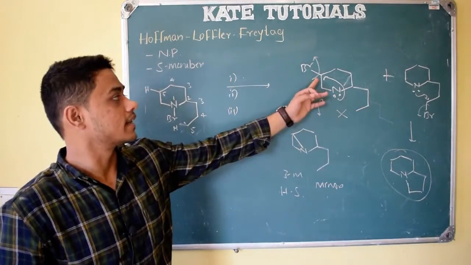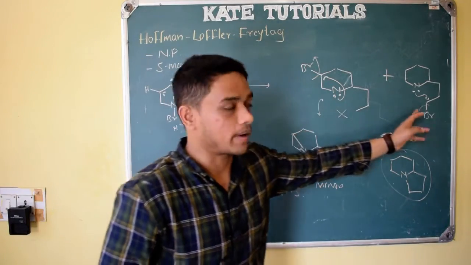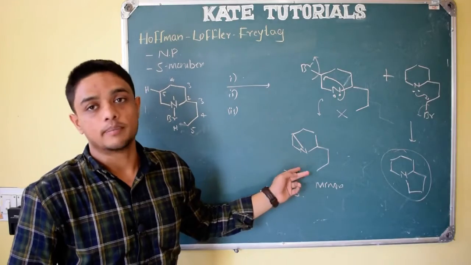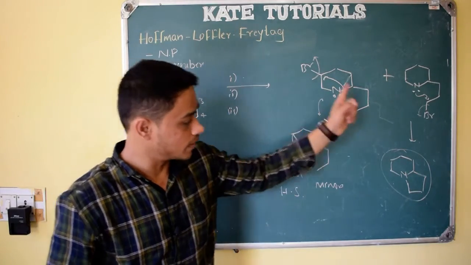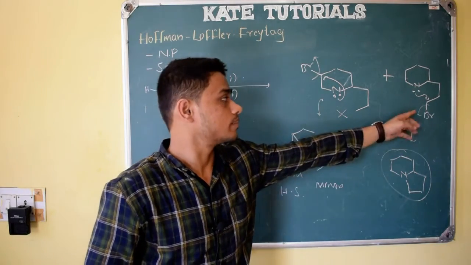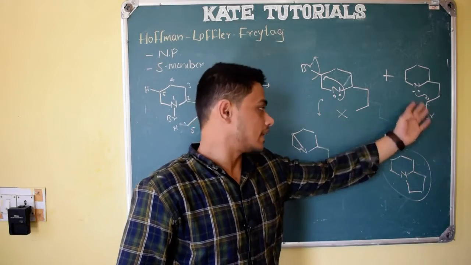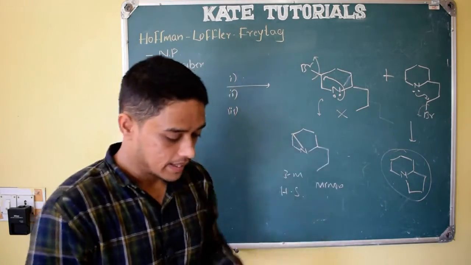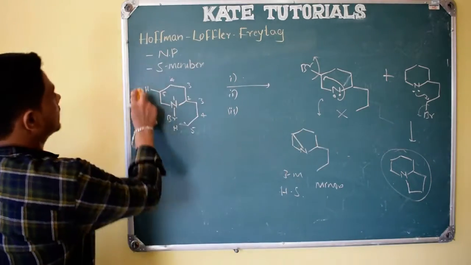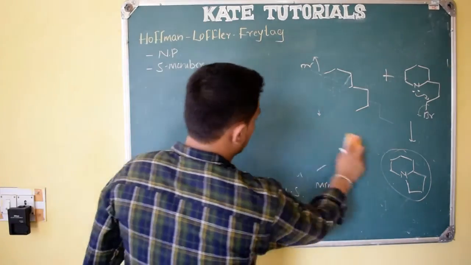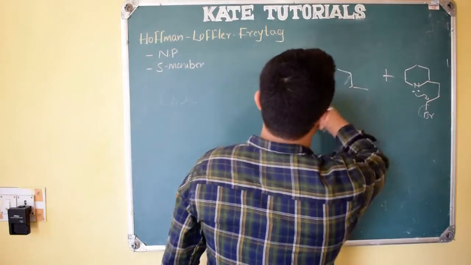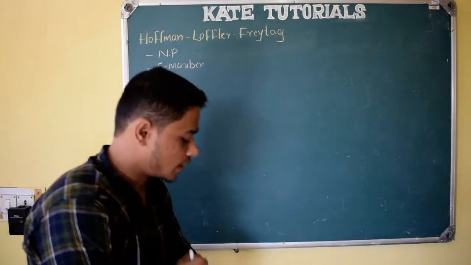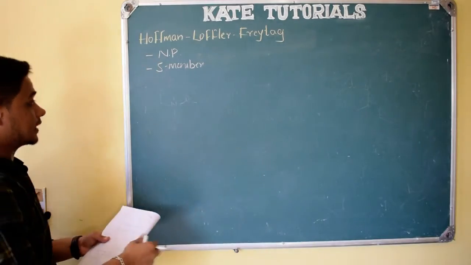And you may ask, here it has formed a secondary radical, here a primary radical, but then also it is major. It is because this product is unstable, so we get the stable product. So being a primary radical, then also we will get this major product because the reaction will be fast between radicals, right? I hope you are getting it. Try to write the mechanism by yourself, because it is the same mechanism as we have understood in previous examples, right?